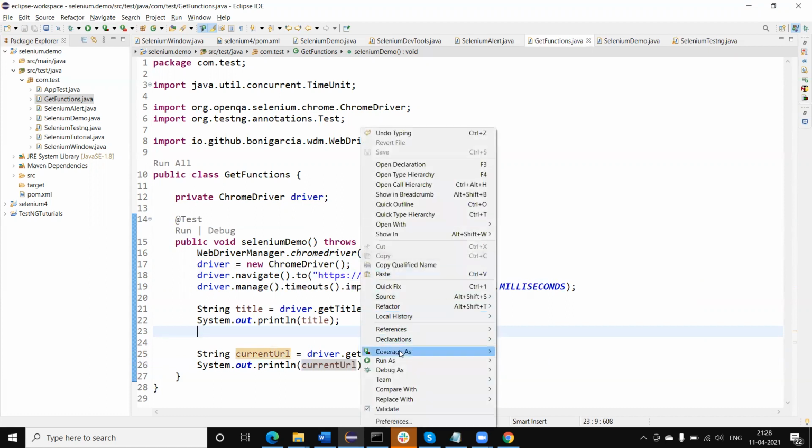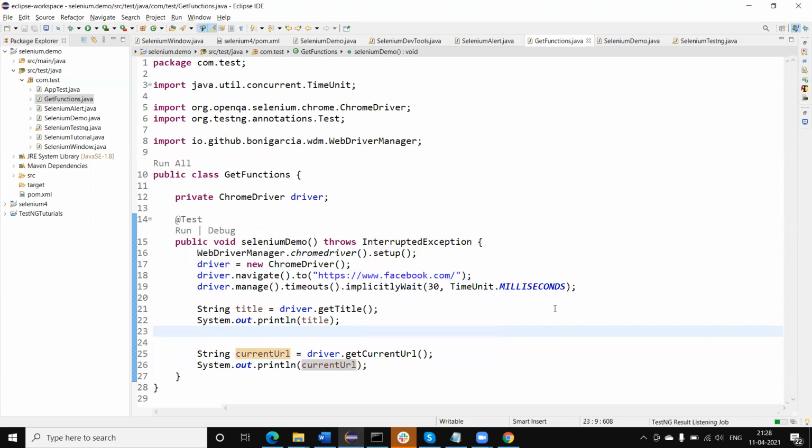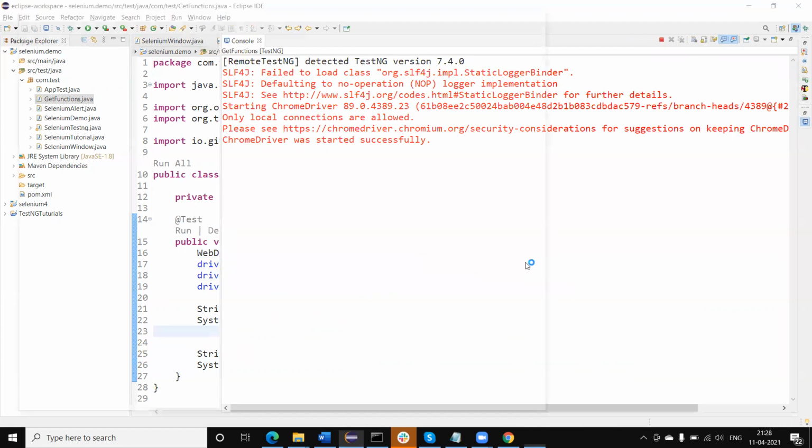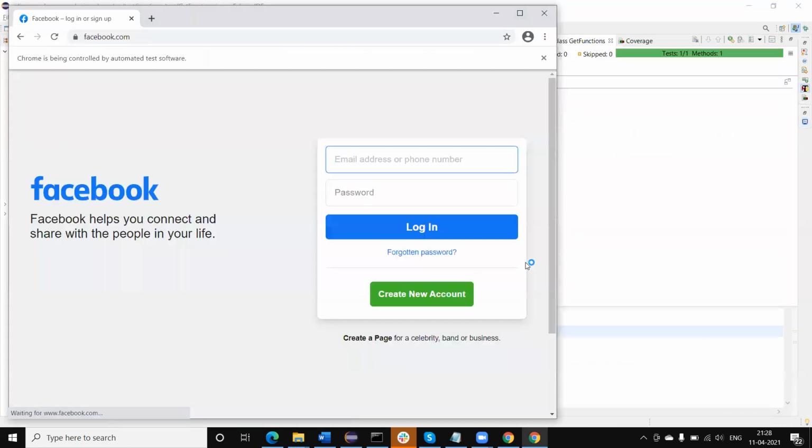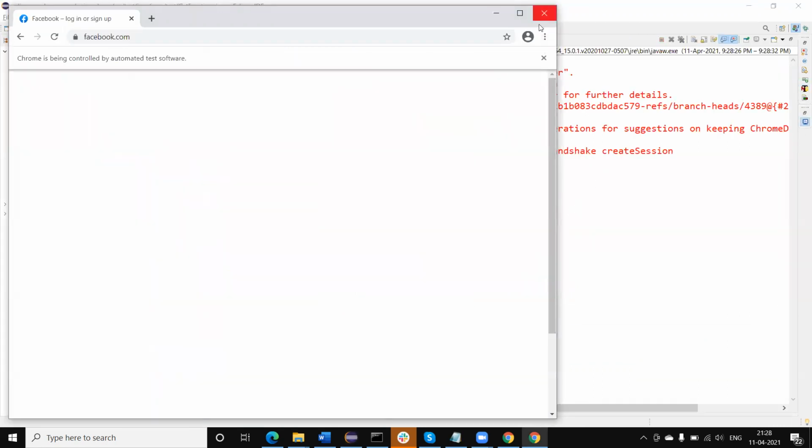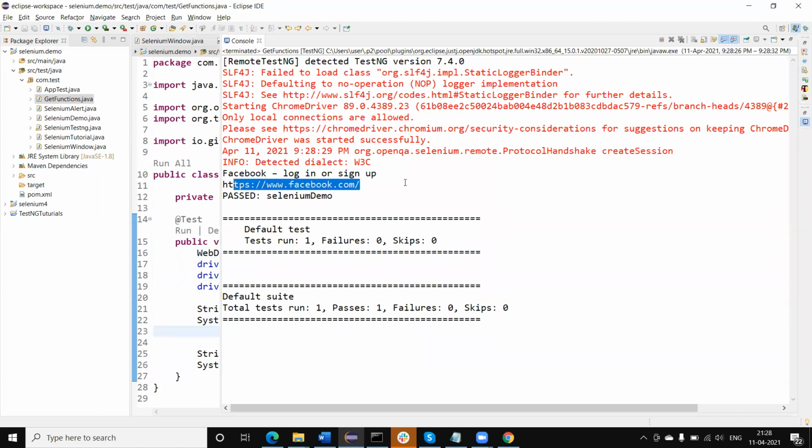Let me run. Yes, you can see here the current URL as well as the title, both values I'm able to read.